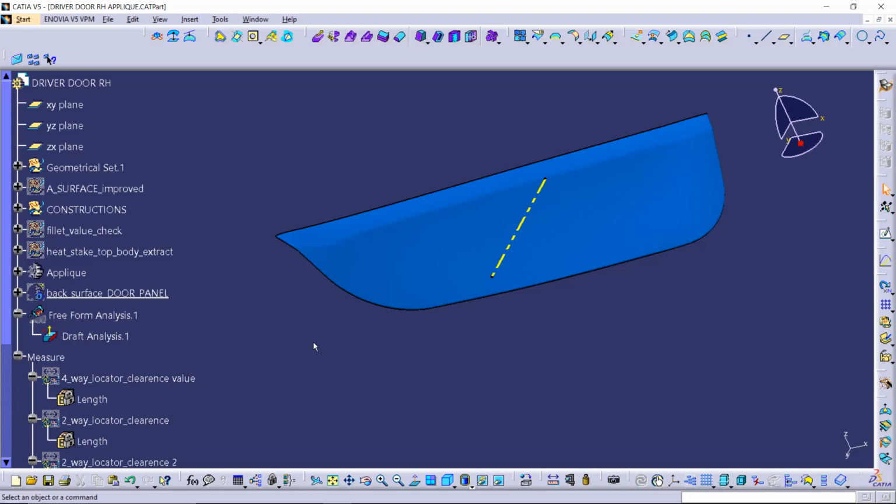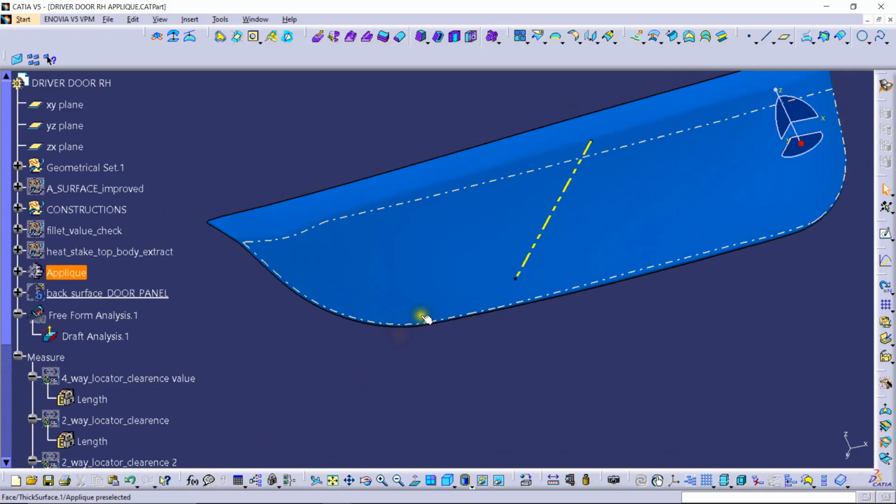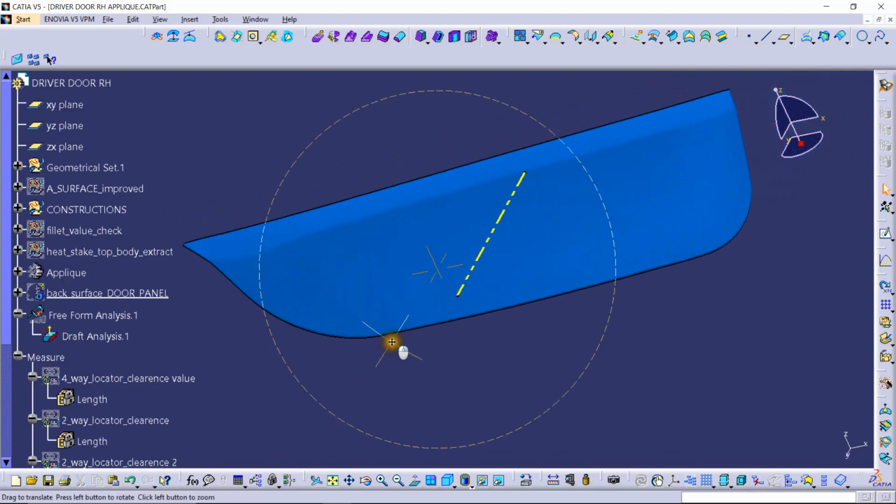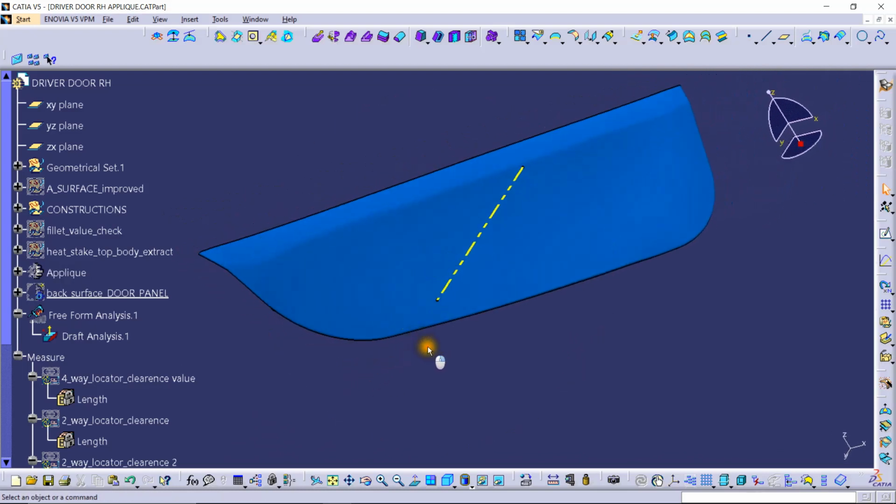NPD stands for new product development team. There will be mostly engineers, and what they will do is check for the manufacturability and safety of these kinds of components. They will be doing some analysis like draft analysis to check whether it is possible to manufacture through injection molding.